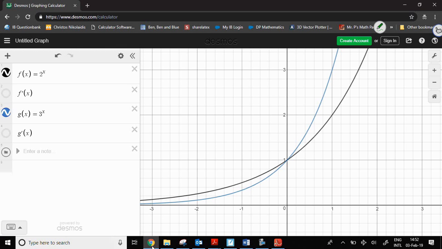Let's take a look at two exponential functions. Here we have 2 to the power of x and 3 to the power of x. And I want to imagine what their derivatives might look like. So 2 to the power of x. As we move farther to the right, the slopes of the tangent lines are increasing towards positive infinity. As we move farther to the left, the slopes of the tangent lines are still positive, but are decreasing towards